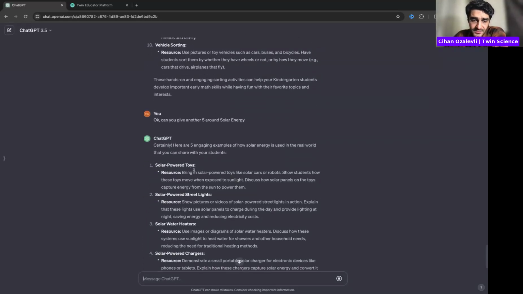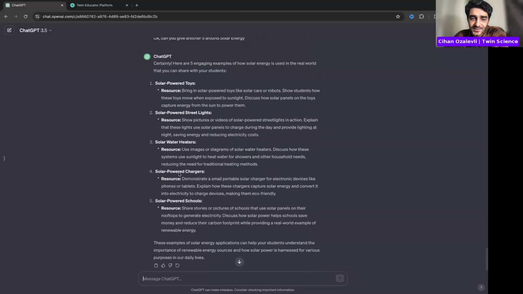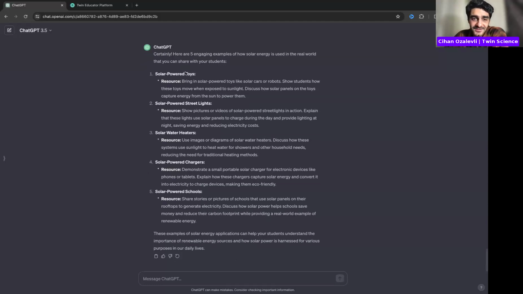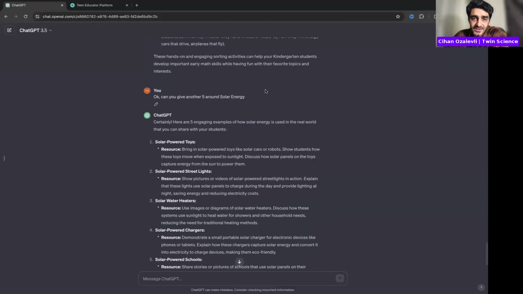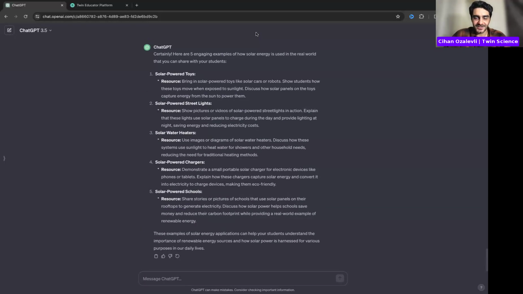And then it goes to solar powered toys, solar powered street lights, solar water heaters, solar powered chargers, solar powered schools. And again, it gives you some resources related to that. So all of these use cases are examples, as I said, and I will jump to another one now.